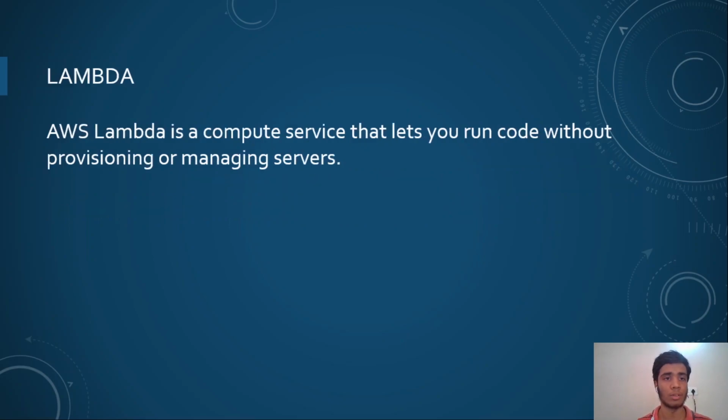Apart from that, we also have Lambda, which is a compute service which we're going to use here. It is a serverless service, and unlike other services like EC2, where you have to pay for the entire duration in which the service was active, in Lambda you pay only for the time the code actually runs. Let's say you are running code for only 500 milliseconds, you are only billed for that duration itself. Lambda is also highly scalable. You can throw thousands of requests at it every second, and it performs very well. That's why Lambda is going to be used as a backend for our API. We are going to jump right into the console and start building our API.